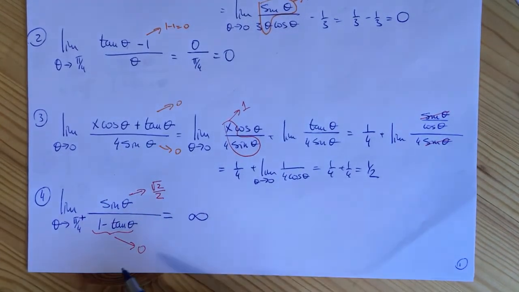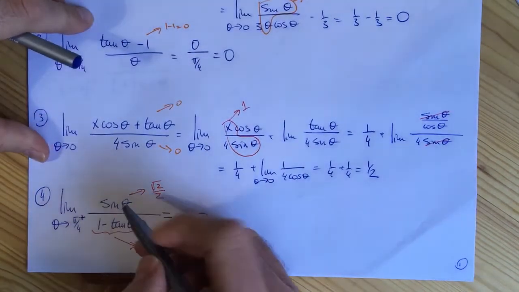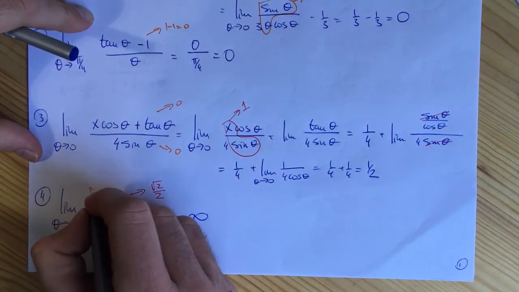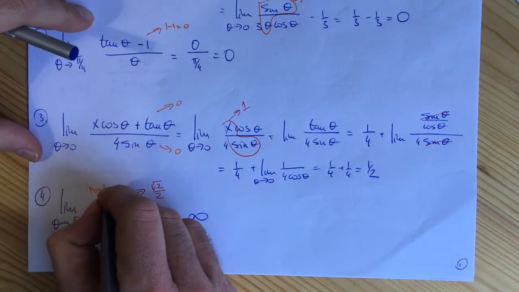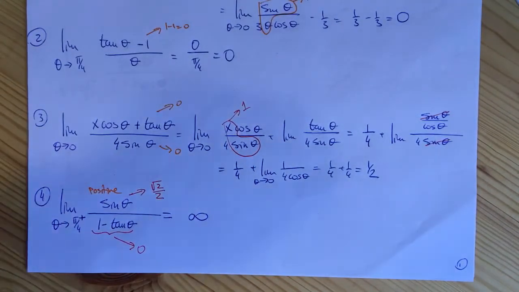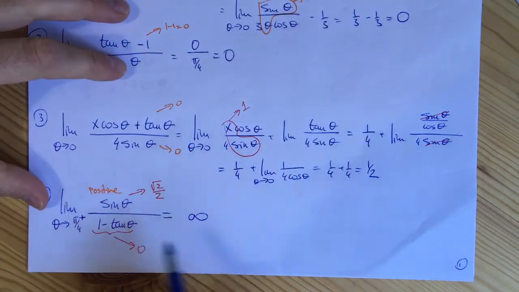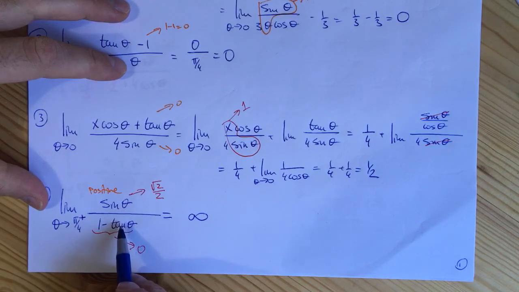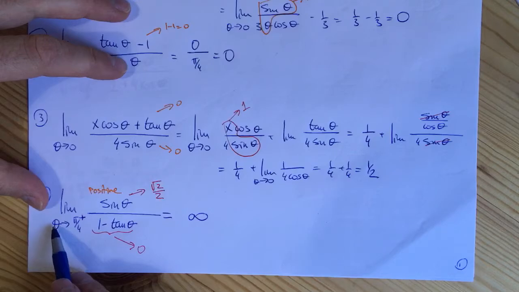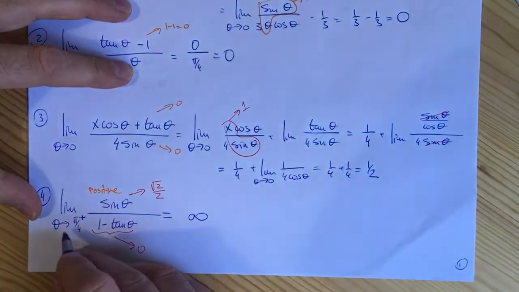Okay, the only question now is whether it's going to be positive or negative. Well, that's going to depend on the ratio between the numerator and the denominator. The numerator is positive. Now we just have to determine whether the denominator is positive or negative. That will depend on whether tangent of theta is greater or less than 1 as theta approaches pi over 4